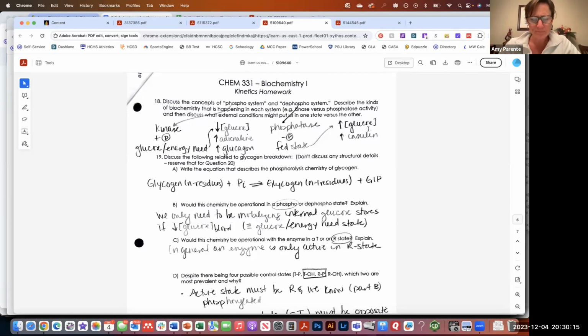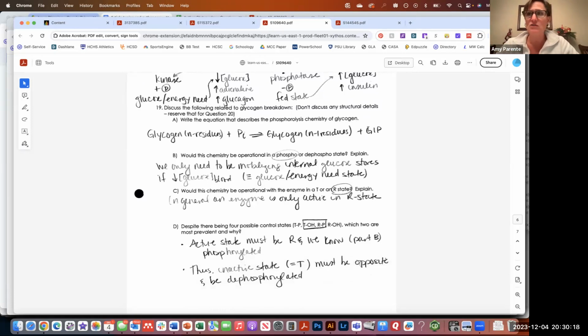And then the last piece of this learning unit on enzyme kinetics was understanding the structural regulation for the enzyme phosphorylase. So phosphorylase is the enzyme that breaks down glycogen. So here again is the equation for it. You're basically taking glycogen, and you're going to break that glycosidic bond by phosphorolysis. So you're using phosphate as a nucleophile. You're getting glycogen that's shortened by one residue. And because we're using phosphate and not water as a nucleophile, you don't get free glucose, you get glucose 1-phosphate.